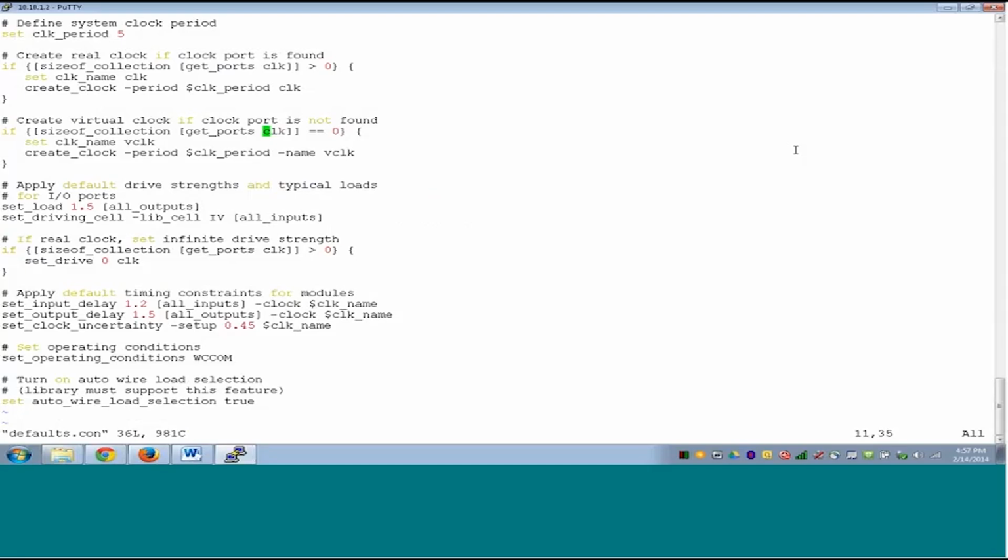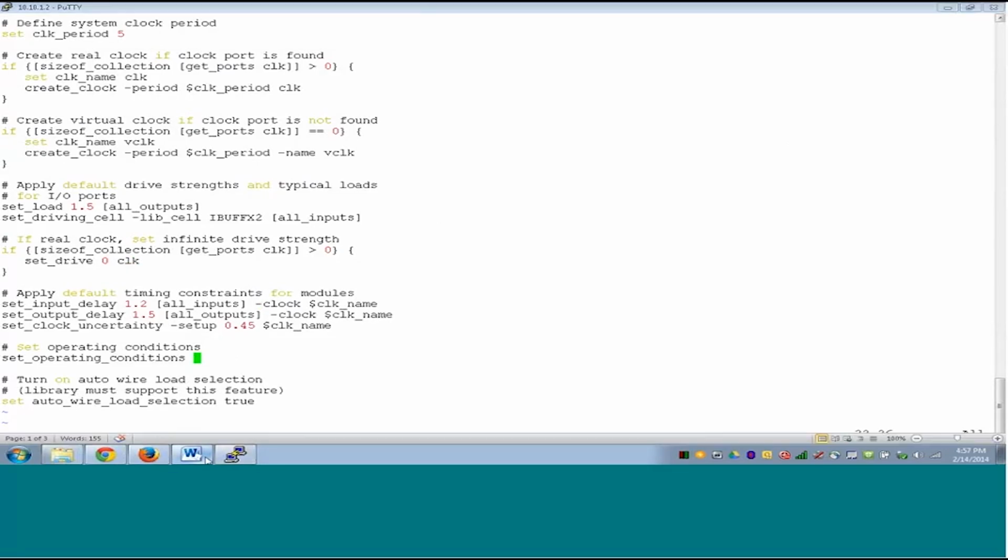If there is no clock in it, then a virtual clock will be created, and input and output delays will be assigned with respect to either the real clock or the virtual clock. Then again, the set load is set to default load. There is some default driving cell set. I change this. It should be out of x2, which is in the library, and then it will set drive 0 on a real clock input delay. So these are default constraints, and I'll also change the operating conditions. I'll correct the operating conditions to be